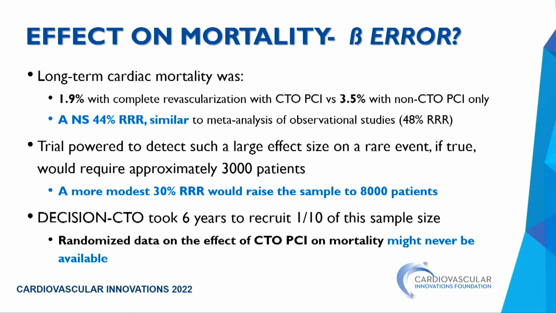Let's say you're more modest, because when you design a trial, you always say, I'm going to reduce my events by 30%, okay? Well, we rise to 8,000 patients. Well, DECISION-CTO took 6 years to recruit one-tenth of that sample. So if you're going to need a confirmation that CTO can reduce mortality, we'll never have that from